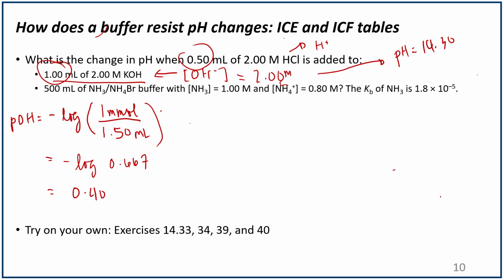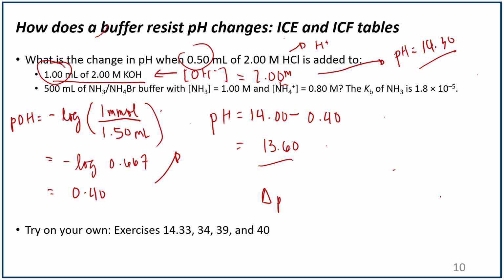Okay, and then finally the pH therefore should be 14 minus 0.40, and that will give you 13.60. So the drop in pH from this value to this value is actually 0.70. In terms of pH, it's actually a large drop. Okay, so how about if we add that amount of HCl